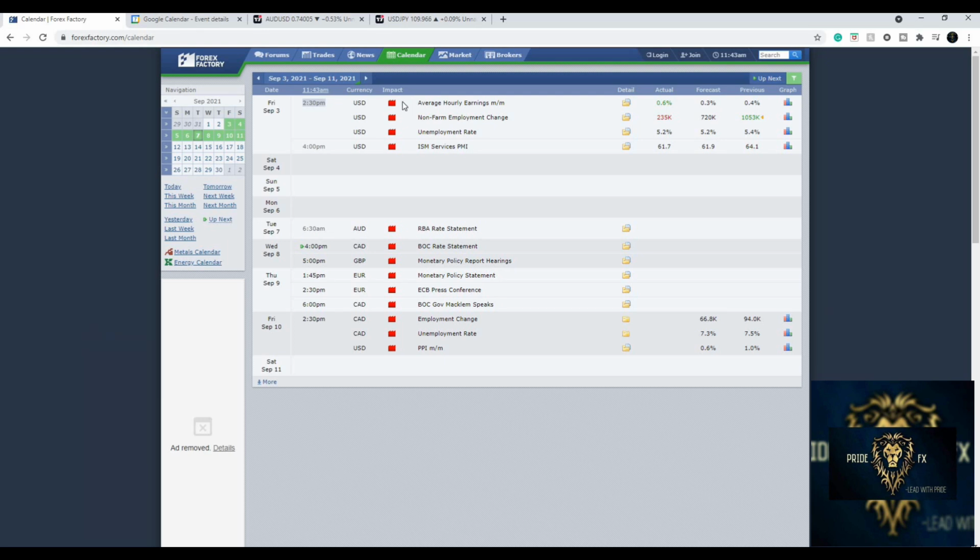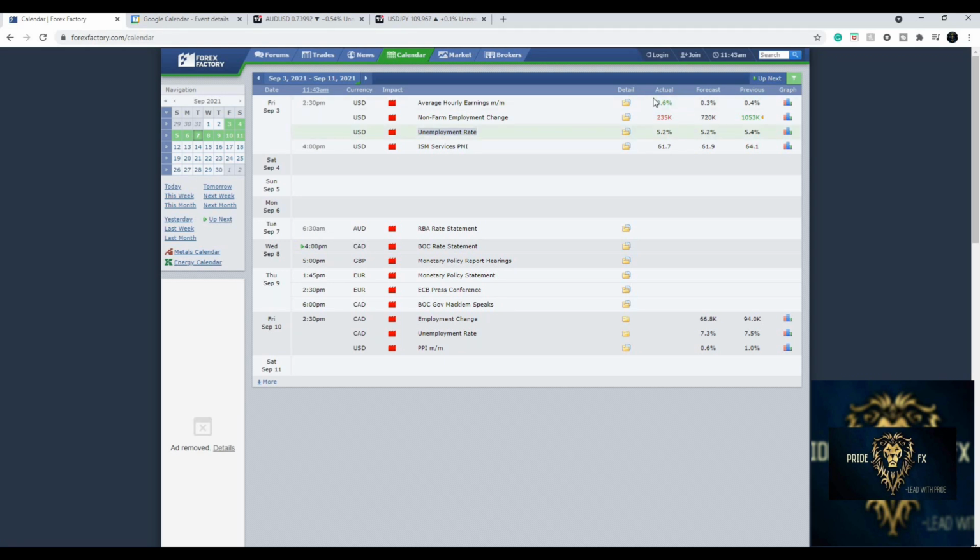And they also tell you what events would take place in this, right? And you can see there's average hourly earnings, there's non-farm payroll, which is NFP, as well as unemployment rate in the United States, right? And then these are the details that they're giving you, and what they actually wanted, this will not be given to you immediately, it will be given afterwards.